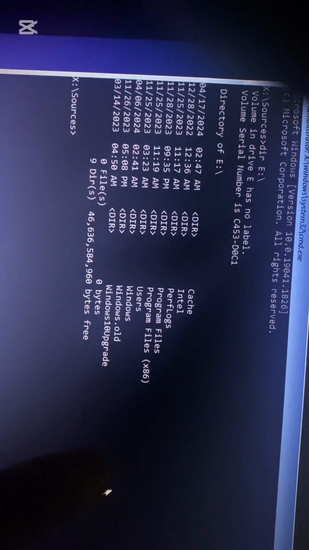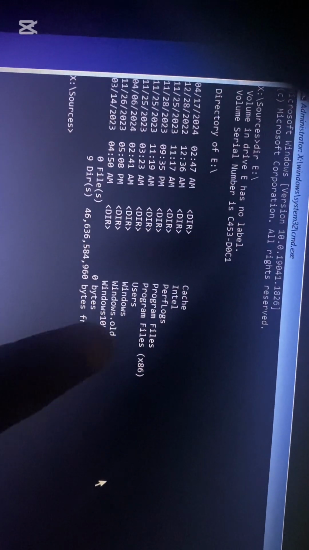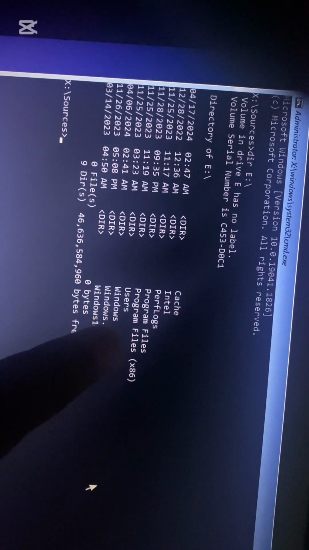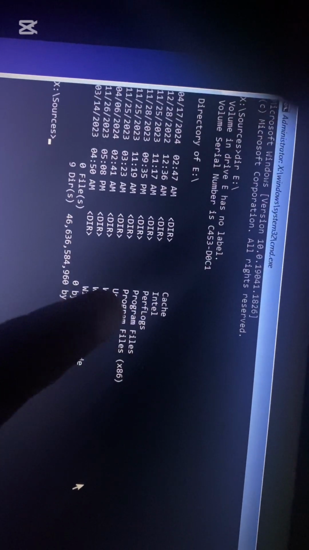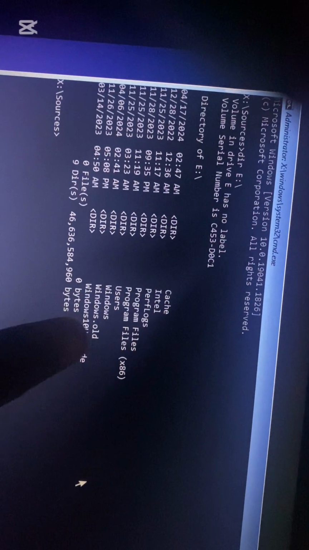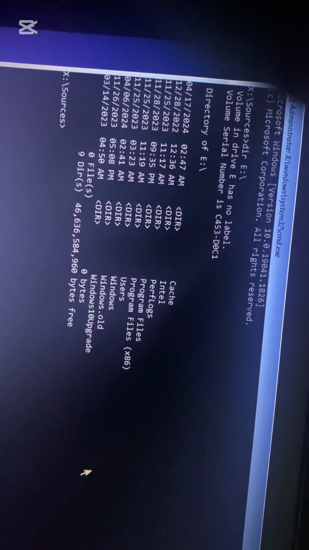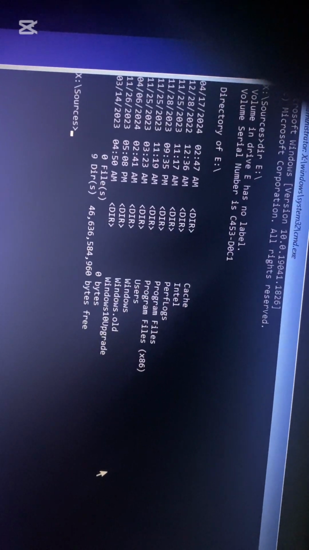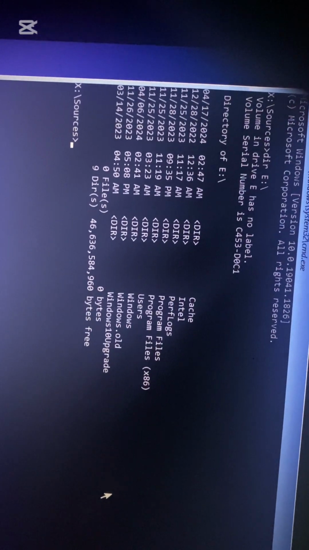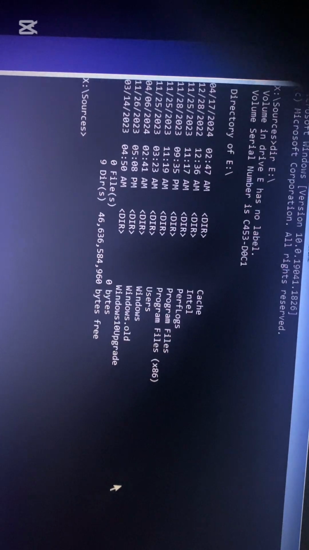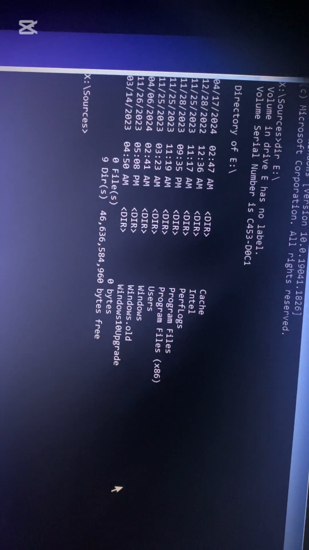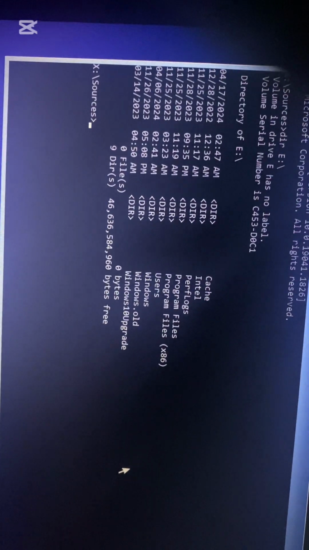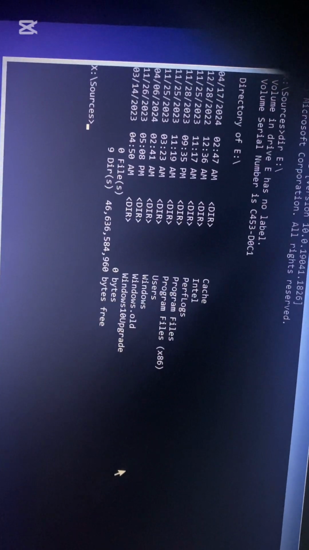So once you find the right drive letter, these are the list of things you're going to see: cache, preferred, program files, user, Windows. And at the bottom you're going to see something like the space, to tell you that's the computer and drive letter. So some computers can be the C drive, some can be the E drive. So it's the E drive where I want to delete the system 32 that is on the machine right now